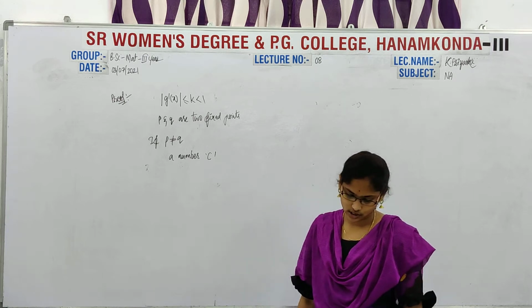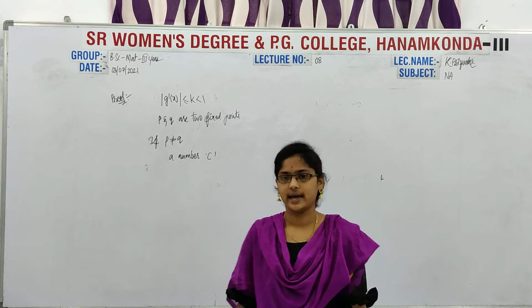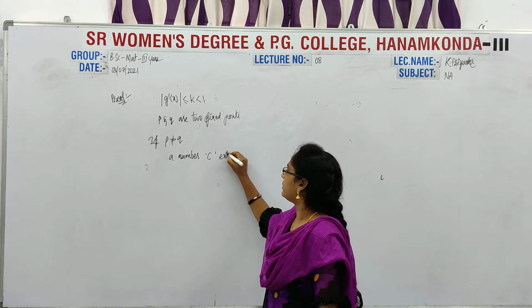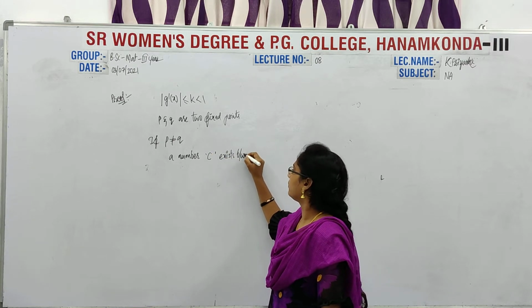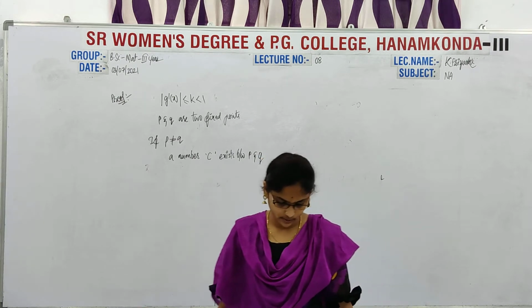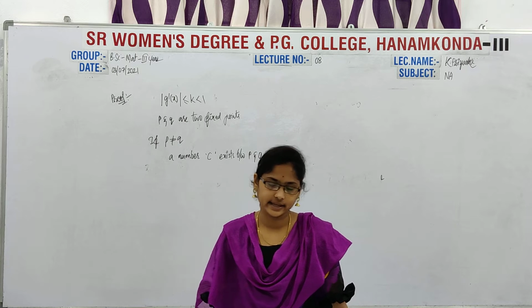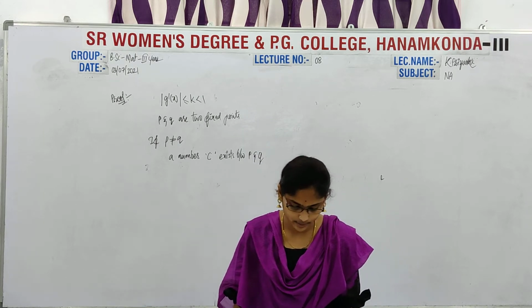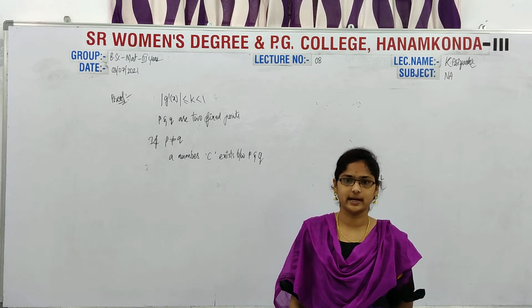A number c exists between p and q, and hence in a closed interval [a, b],